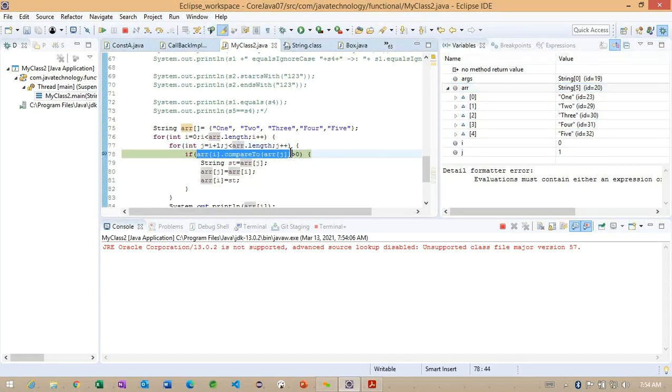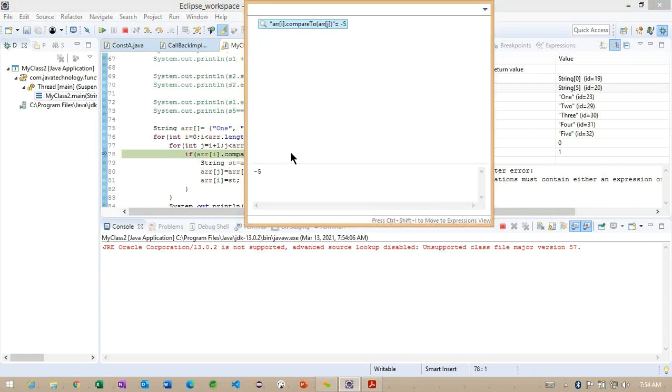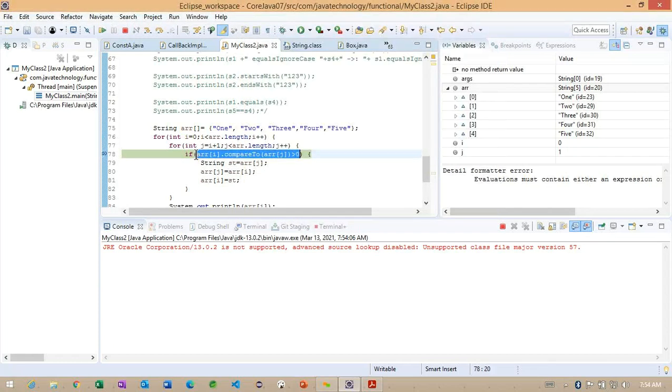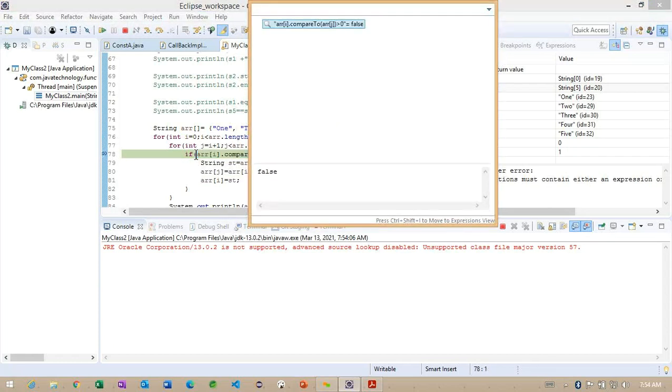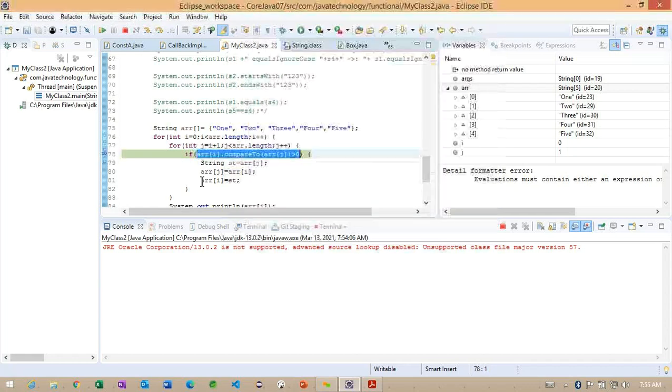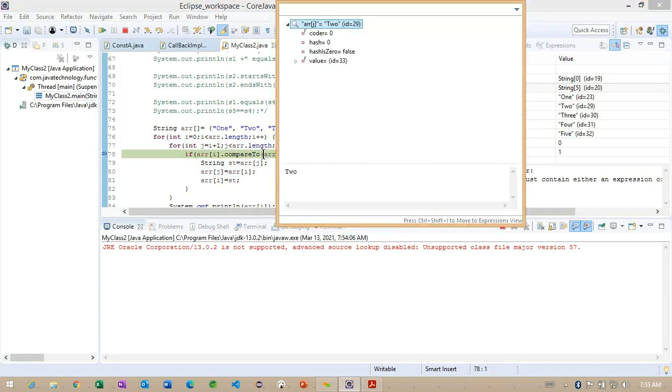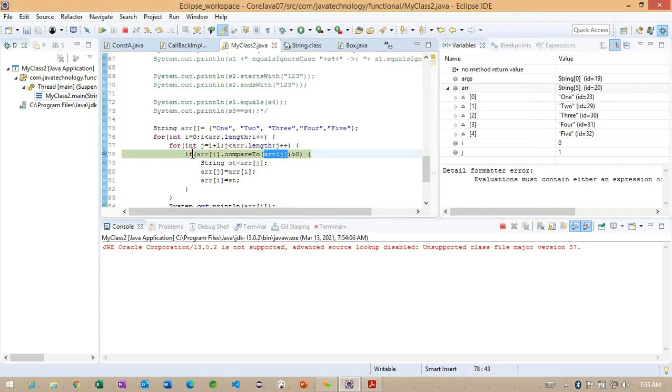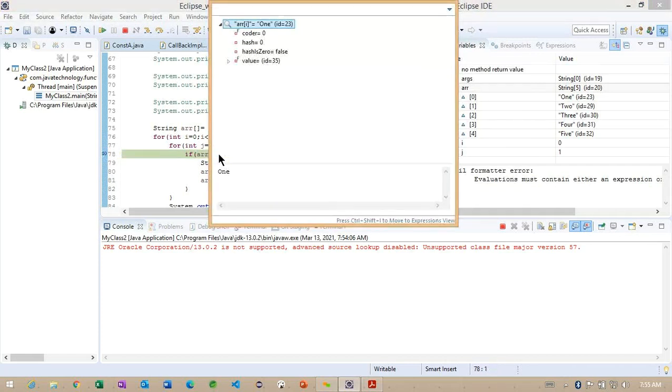Now I'm going to check what is written in the compareTo method. What value are we getting here? -5. If I run this particular if condition, we get false. Whenever we get false, what happens? You can observe arr[j]: the value is the second object, that is 2. Inside arr[i] we get the first object.